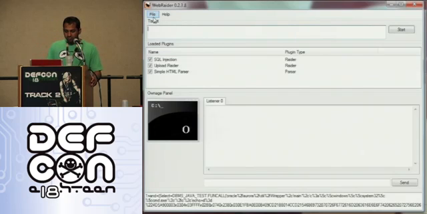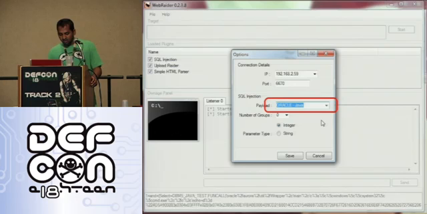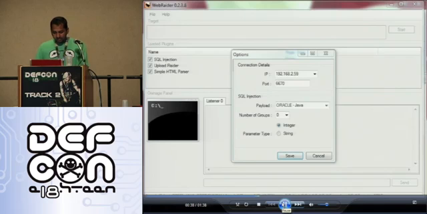So what you do is you choose your public IP address on which you want to throw the reverse connection. You choose your attack, what attack you want to carry out. You want to carry out a SQL injection in Oracle or with DBA permissions or MS SQL, whatever. Once you choose, once you save that, then,